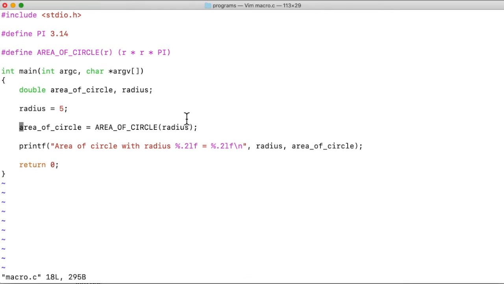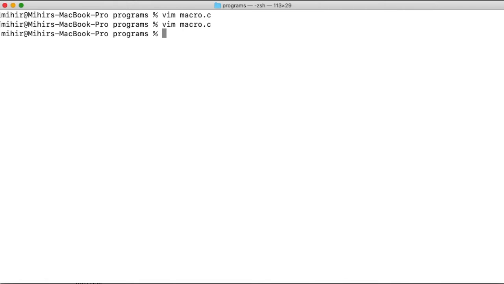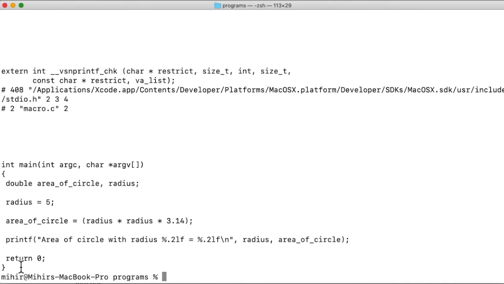Now let's see how a code looks after getting preprocessed. We will tell GCC to only execute the preprocessor stage. That we can do with the GCC -E flag. Now it will output the preprocessed output. So this is the preprocessed code.